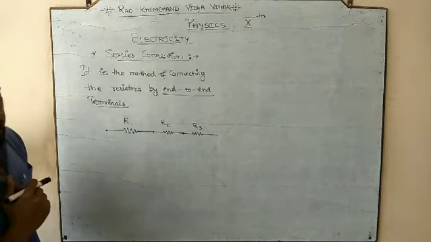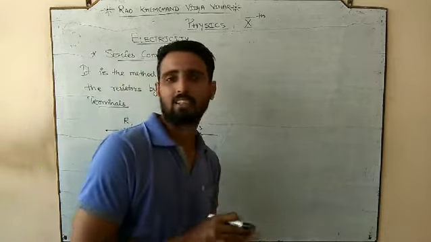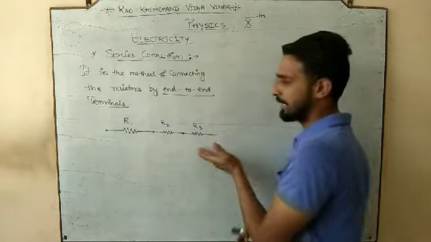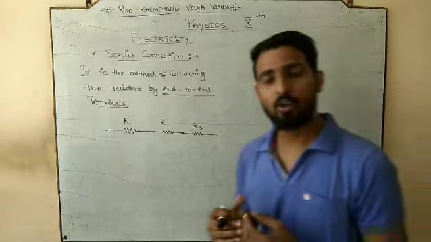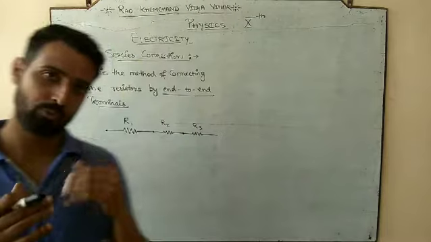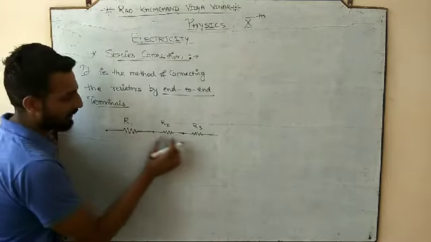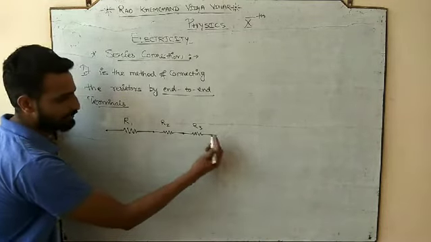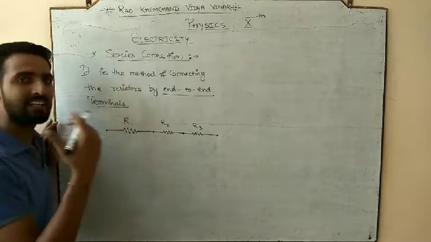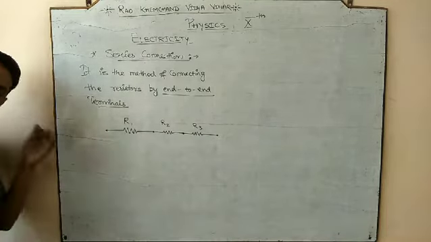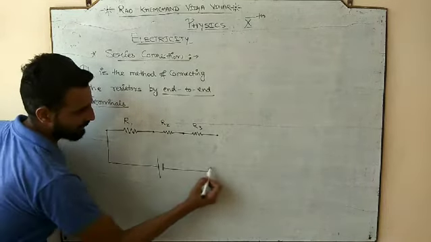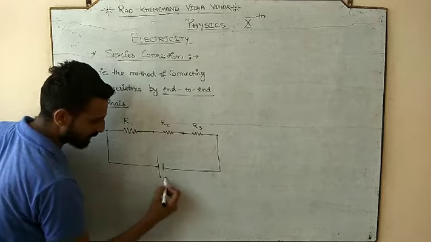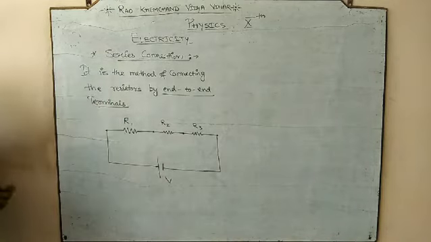As I told you earlier, we are going to study the methods of connecting the resistors. This is your first method of connecting the resistors, in series, but how are they going to affect the net resistance? We are going to study that if R1, R2 and R3 are connected in this manner, what would be the net opposition because of all three? We have to do that. And let's suppose we are connecting a cell of potential V across all the resistors. So here we have three resistors.